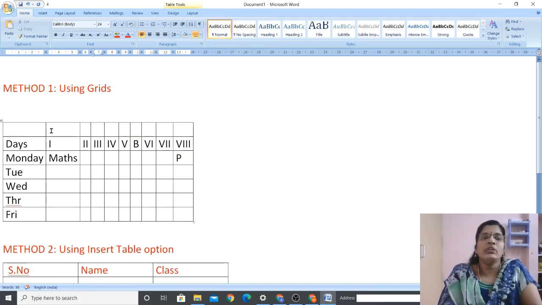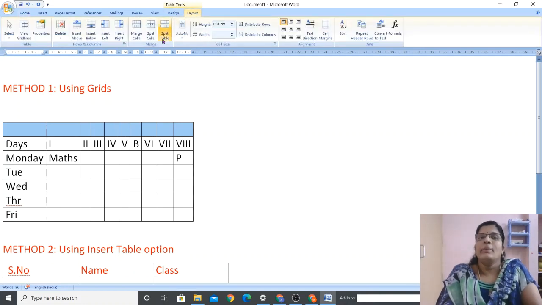Now I want to give a caption here as class timetable, my class timetable of class 5. Okay, so I want to merge all the cells together. So for merging, I have to select all the cells first. After selecting the cells, go to the Layout tab, Merge group, Merge Cells option. Now you can see everything is merged, no lines in between, right?